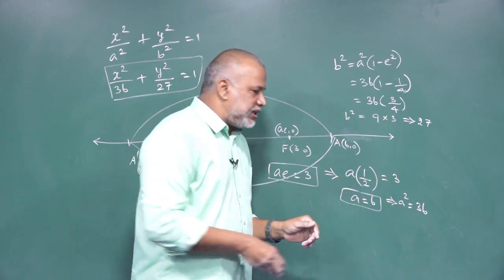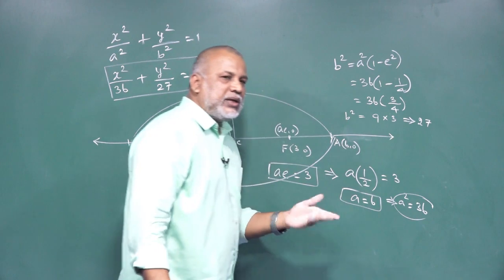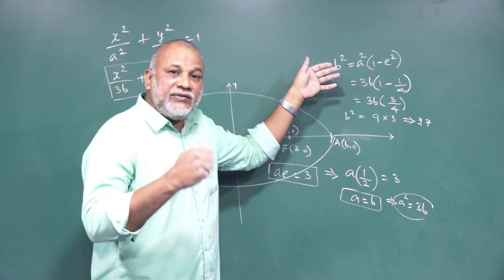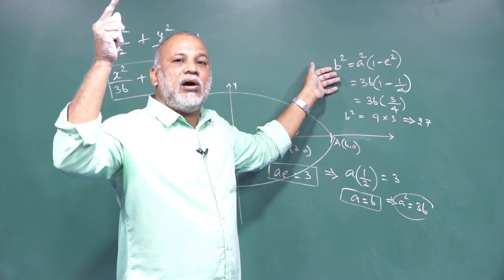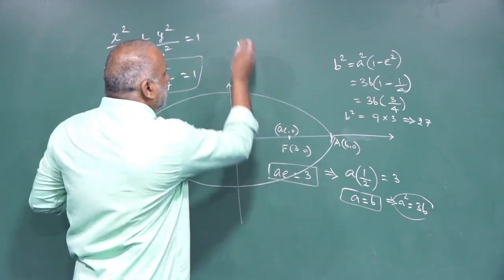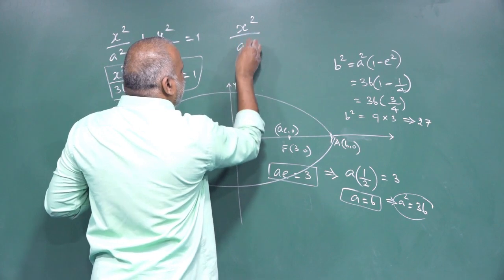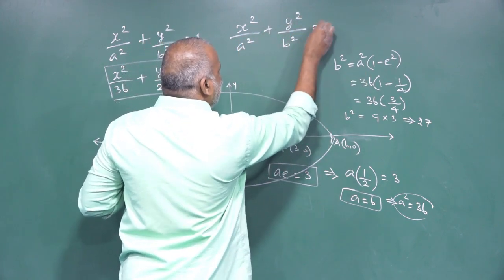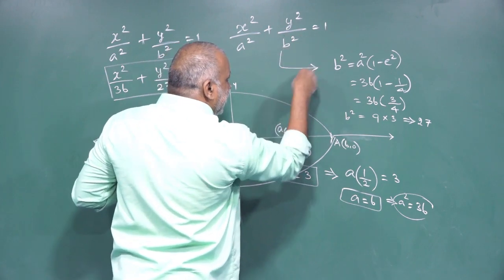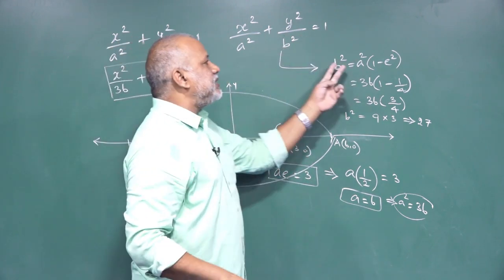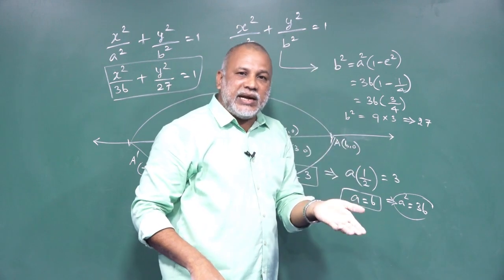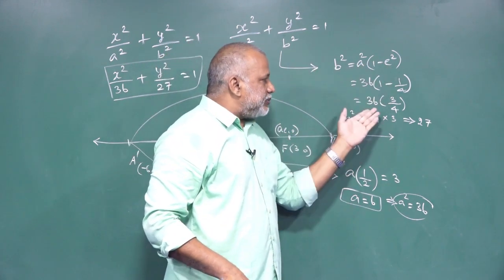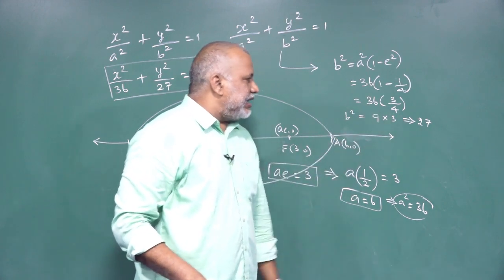From that, A squared equal to 36. See, we need A squared. Just now we worked it out. Always remember this formula which we derived in the standard equation of an ellipse. Recall x squared by A squared plus y squared by B squared equal to 1, which we derived. In this, B squared equals A squared into 1 minus E squared. See your standard derivation. This B squared must be the value of A squared of 1 minus E squared. Then substitute all the data and simplify, and we can get B squared.